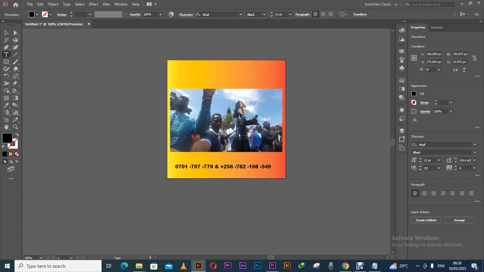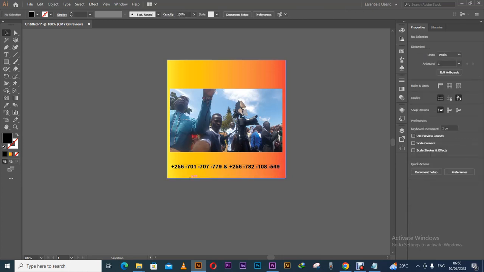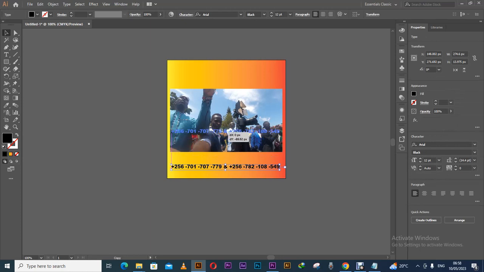So I'm trying to keep it as simple as possible. Then copy this, bring the same thing and paste it there, then spacebar, then that, and okay. So I click that, then hold Alt and Shift, then bring it here, then I press Control A after selecting it, then I put in text,